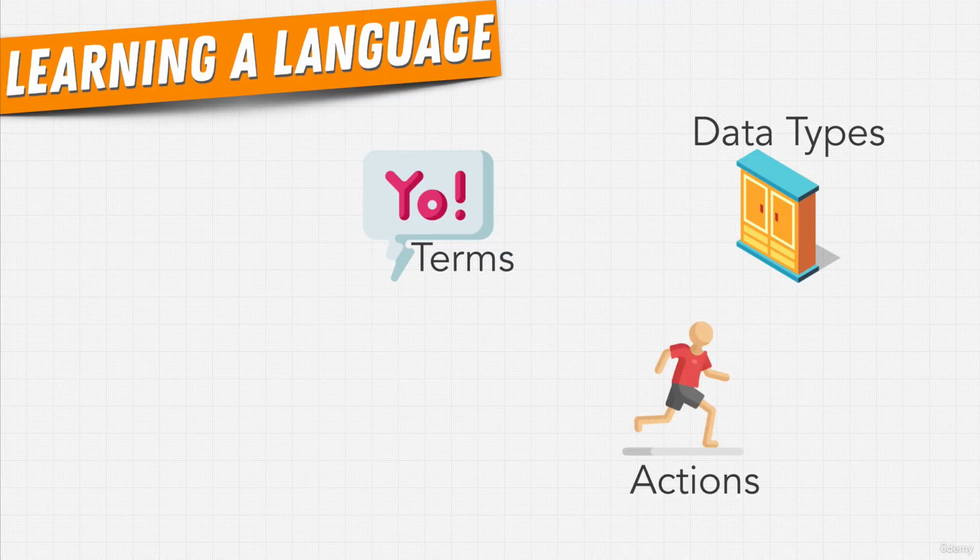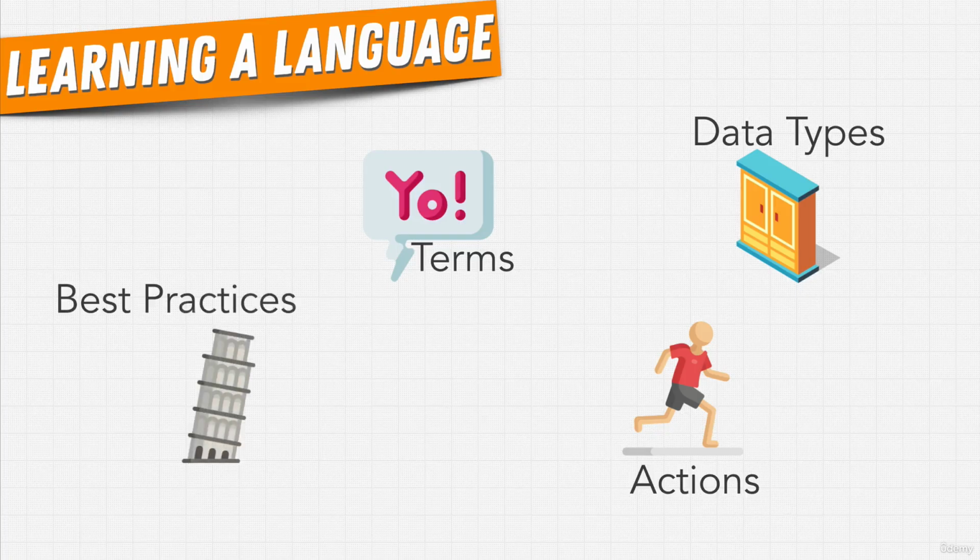Next, we need to learn about actions. At the end of the day, all programming is a way for us to tell our machines, hey, store this data and then retrieve this data and perform some action on it. That's all it is, just using memory and performing some actions. So we're going to learn how to perform those actions.